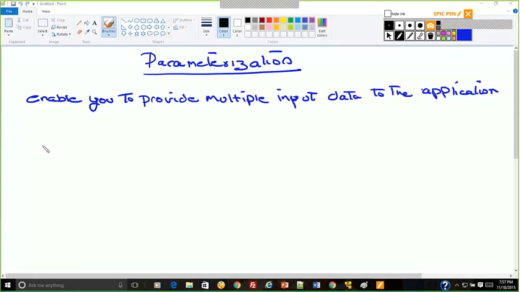So what does this mean? You can, like how we did data table in QTP. Similarly, we have parameterization